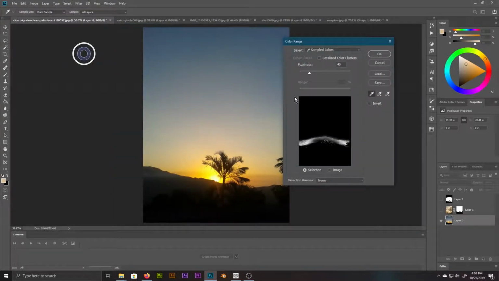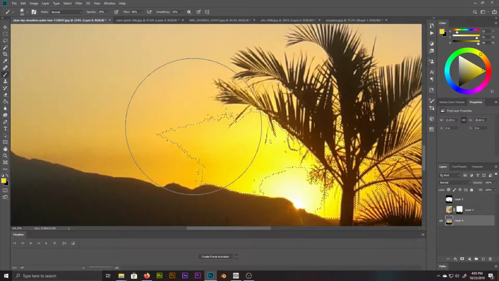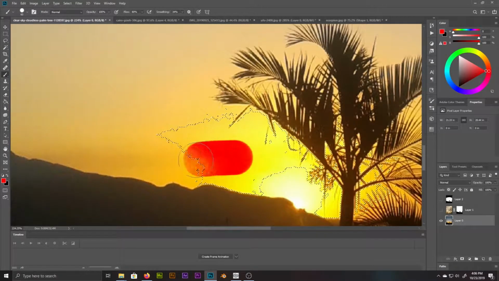So we have color range. The cool thing about this method is not only that it will make a selection of whatever color you pick, but you can also change the blurriness or the fuzziness of the edges of the selection. Turn the fuzziness to about here. I've selected these orangey yellowish colors here. If I were to take a brush, as you can see,